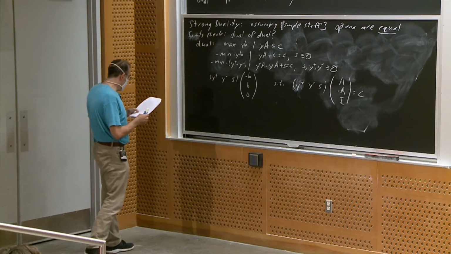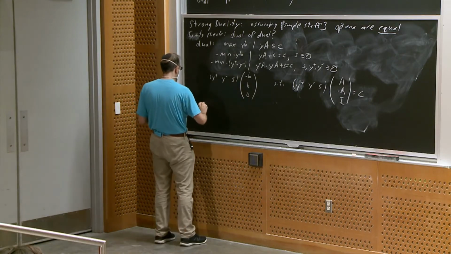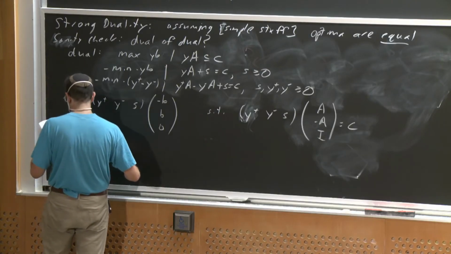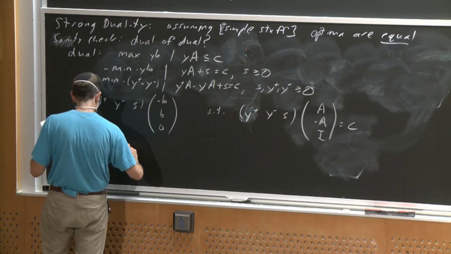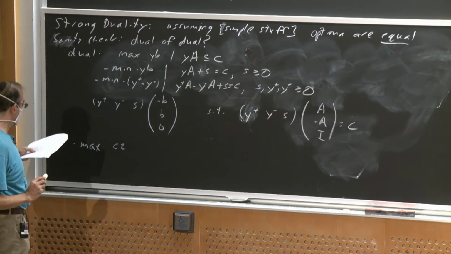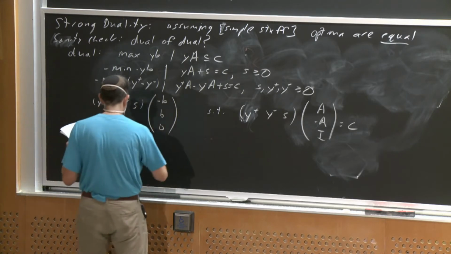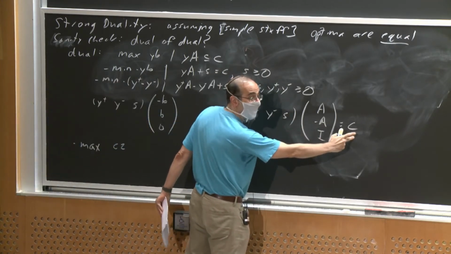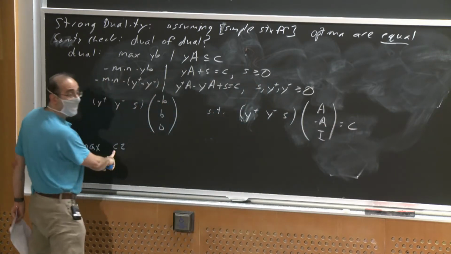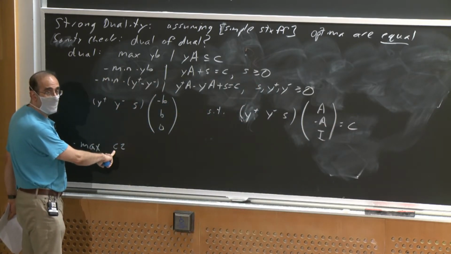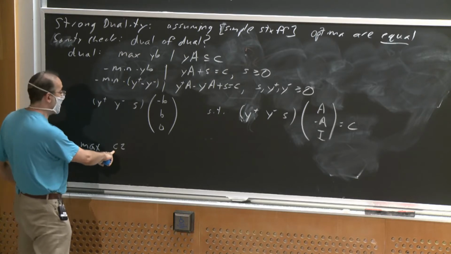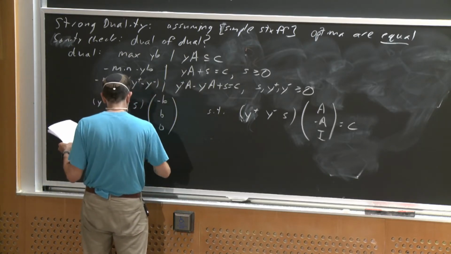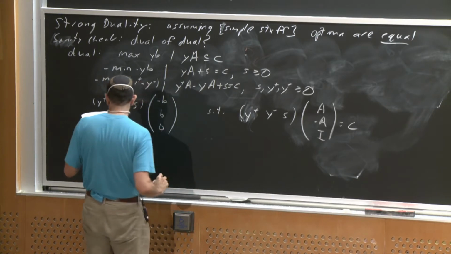And so when we take the dual, what we get is maximize c transpose z, such that, right, because c is the constraint on the right, so it turns back into the objective in the dual, just like it did in our original dualization, right? That's the easy part. And now our constraints are that